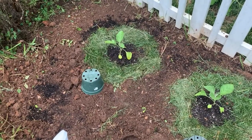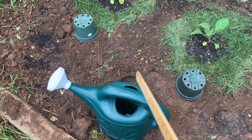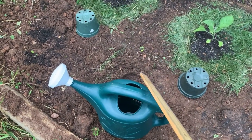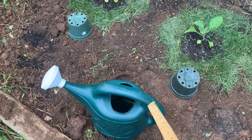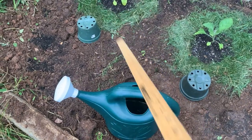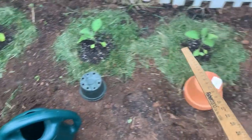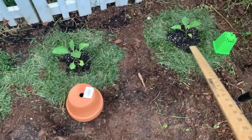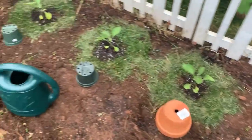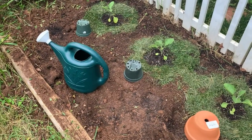And then second of all, when you're transplanting, this is what we do anyway. As soon as you do it, put some water on it. Our theory is that helps mitigate root shock. So we keep our water pail handy, put it in, put the water on, put it in, put the water on. The more you're planting, the more you actually want to do that, because you don't want to shock the heck out of them,